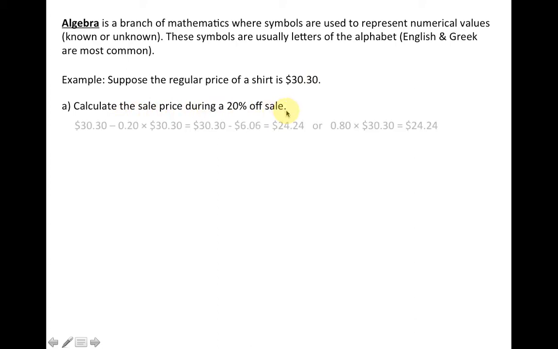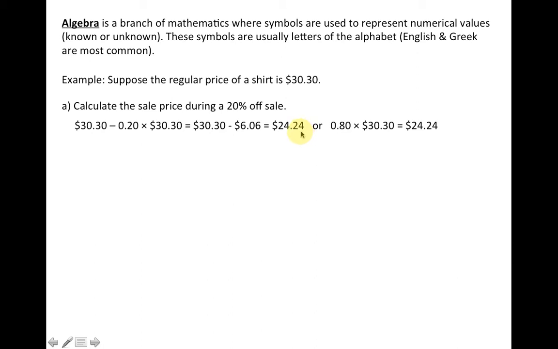So here's an example of how we can use algebra. Let's suppose that the regular price of a shirt is $30.30, and we want to calculate the sale price during a 20% off sale. You would have done something like this in grade 8, taken the price of something and subtracted 20% of the price. So that $30.30, we subtract 20% of $30.30, which is $6.06, and you get a sale price of